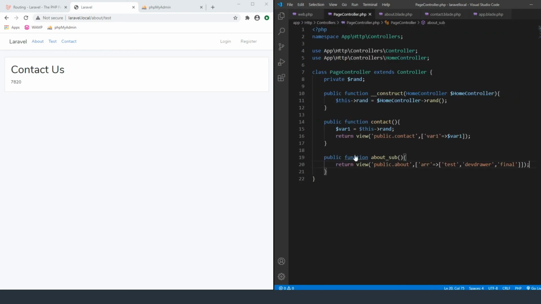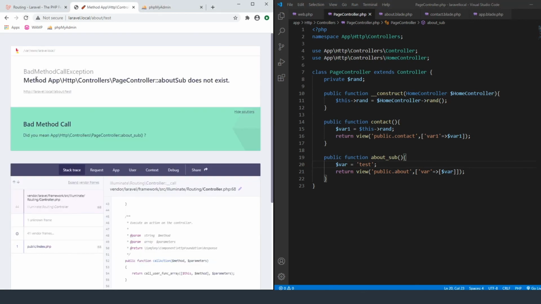It's just instead of having the array, we're going to do this var, and then we're going to set it up to return a var. And right now I'm just going to declare the var as test, just so I can show you that the page actually does still work. About sub, so I named that wrong. About sub